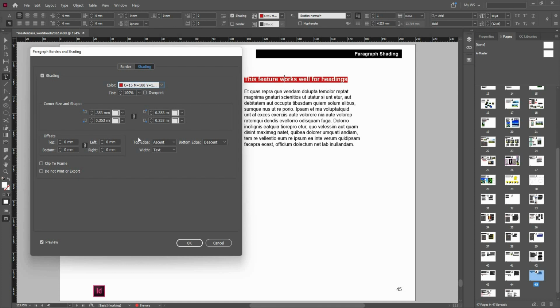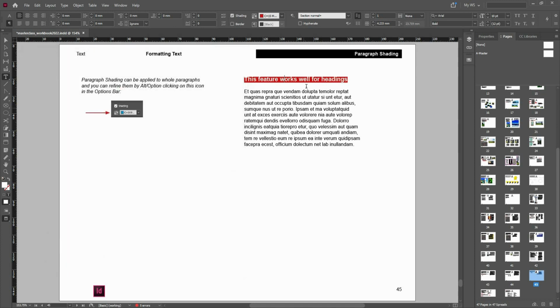So now if I set it back to column, it would go all the way to the edge of the current column, which in this case is the whole width of the text frame, because it's just a single column frame. So let me just keep it on text, and if I go OK,